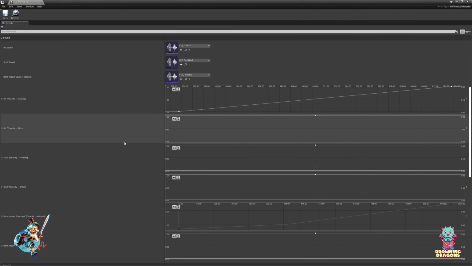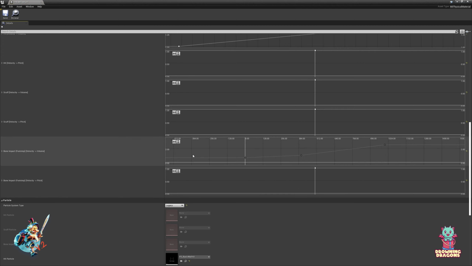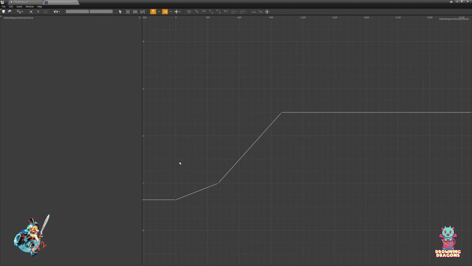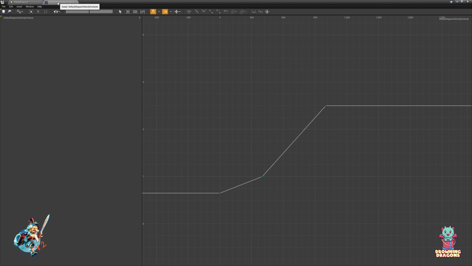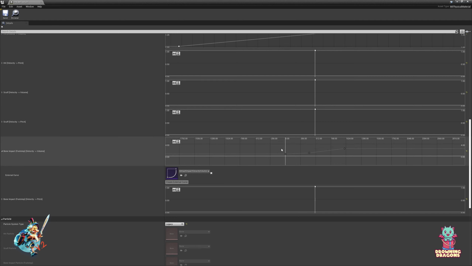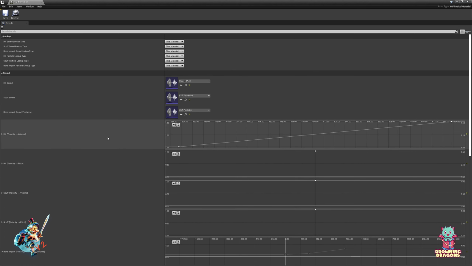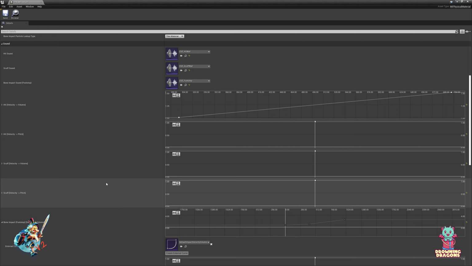So if I open this up, you'll see that some of these curves do actually have settings. This one's grayed out because if I expand it, it has a default impact velocity volume. It just makes it easy that you have a curve that you can just slap on all these assets without having to set the keys for each one individually if you have multiple physical materials, which usually a full game will have. So, yeah. So we've covered the physical material and how it works. The next, I guess, chapter will be